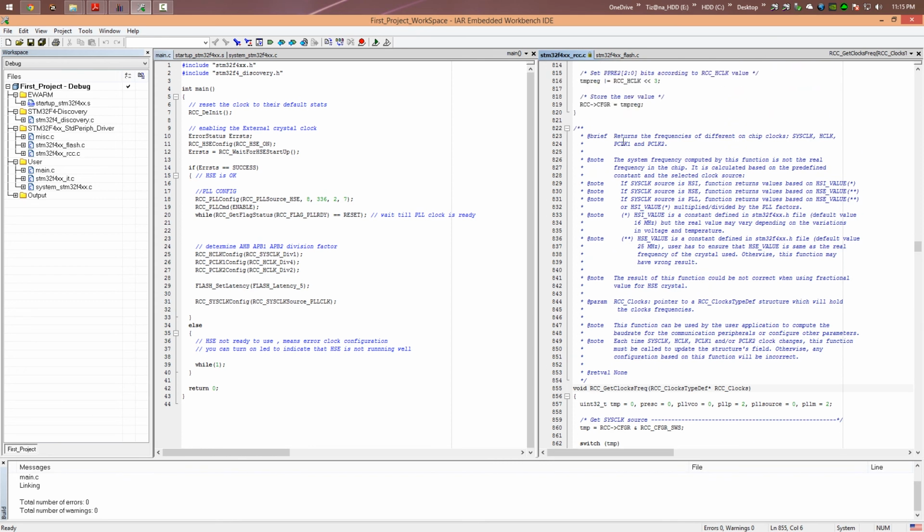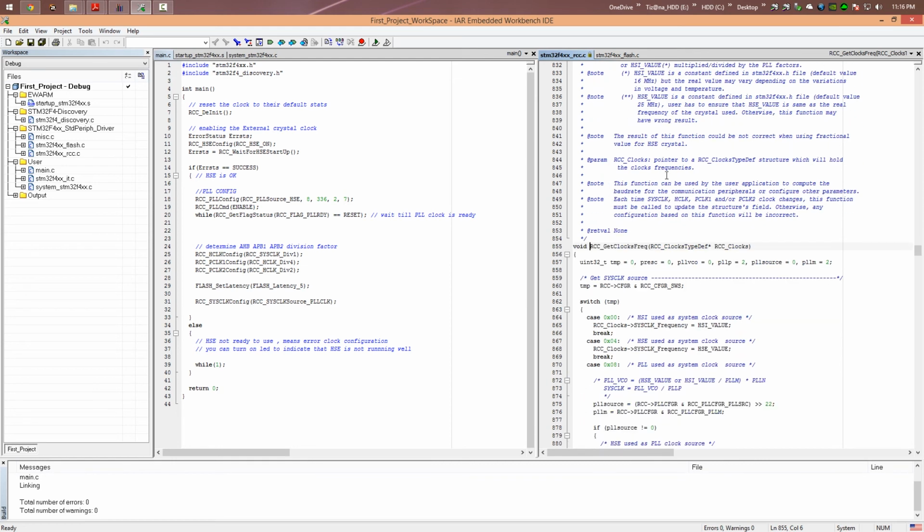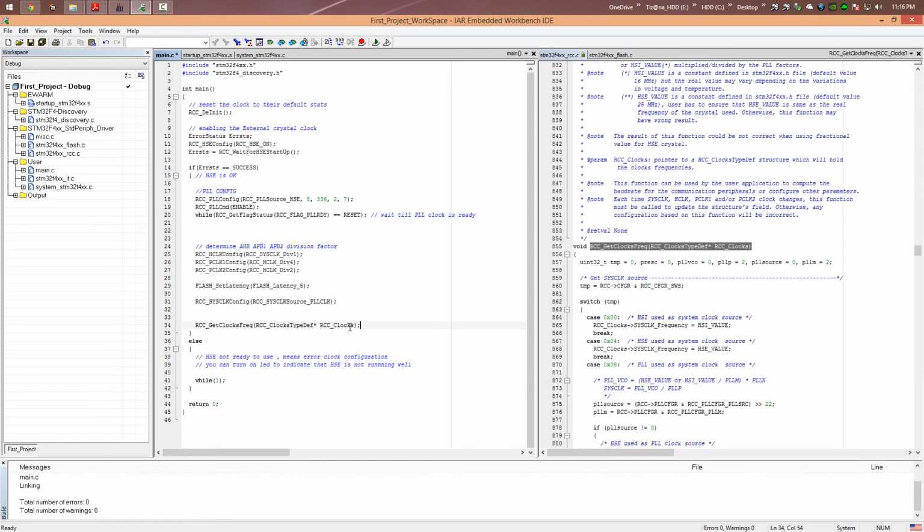This function returns the frequency of the different on-chip clocks: the system clock, the high-speed clock, peripheral clock 1 and peripheral clock 2. So we copy this, go to the end and paste it here, and we delete this. I'm going to write here